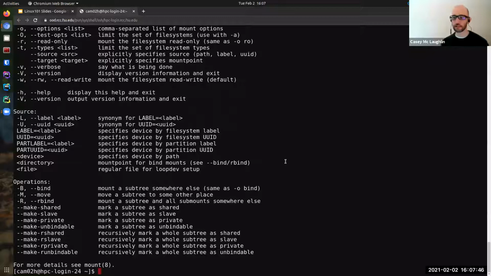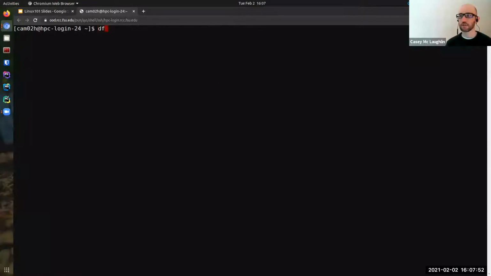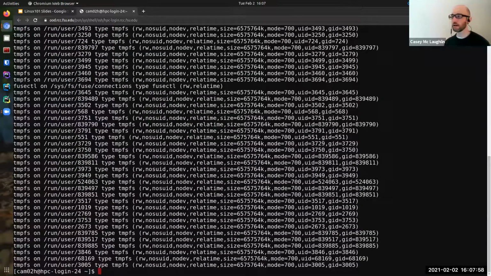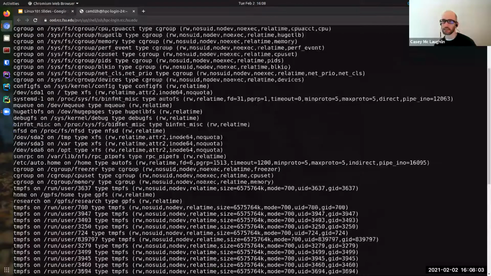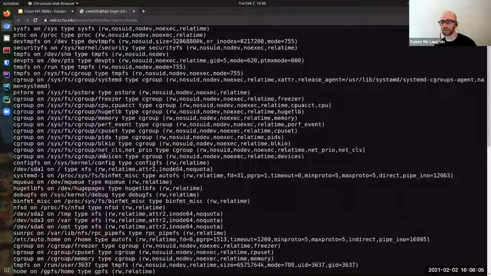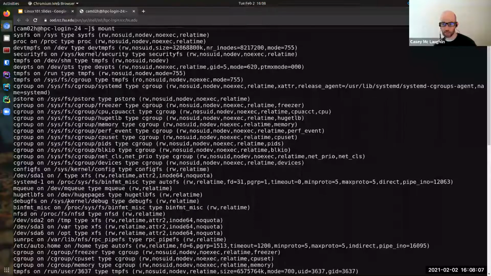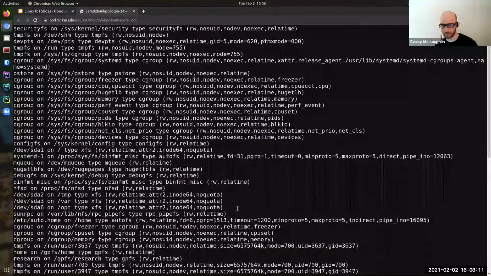And so here on the HPC, we actually do mount a file system, and it's called GPFS. Mount without any arguments just lists the mounts. And it does so in an arcane way that's barely readable. I mean, you have to be an expert to even understand all this.